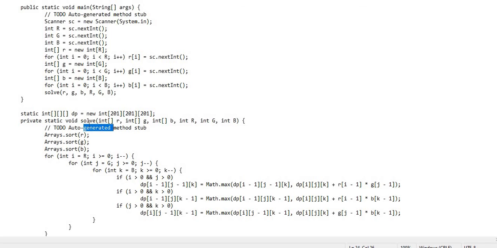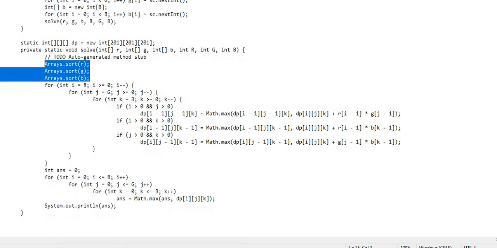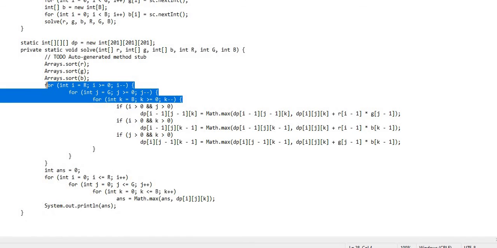Then I am calling the solve function. The first step is sorting the arrays in ascending order, and in my for loops I am starting from the reverse direction. Each for loop represents one color: i represents red, j green and k blue.